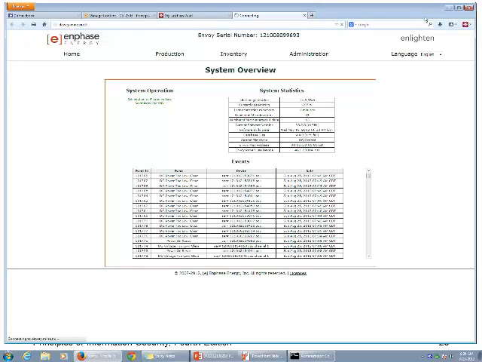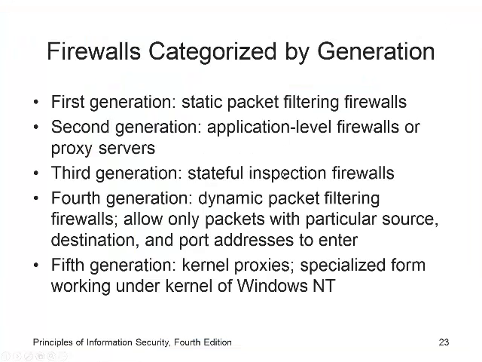But I use a couple different ports to connect, so the packet filtering wouldn't be good. Because if they wanted to block web traffic, they block port 80. But I don't use port 80 to connect to my home system. So they would have to block more ports. Application layer are the newer ones. They actually block based on the application. They block web traffic, but the port can change. Okay? Okay, third generation, stateful.